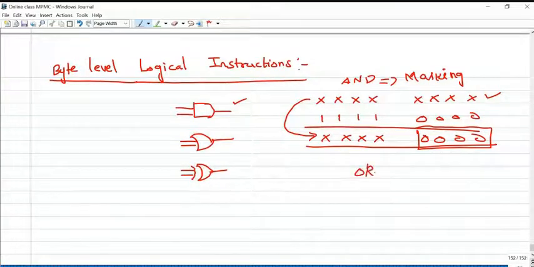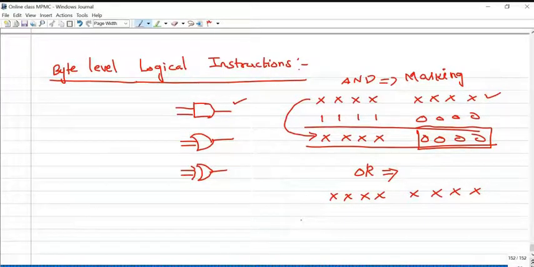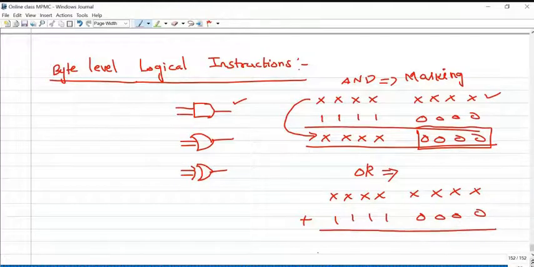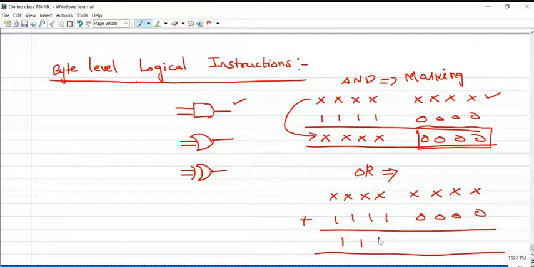Next, where are the OR logics used? For setting particular bits. Let's say this is 8-bit unknown information, and I am doing the OR operation like this. Logical OR: 1 plus any information, either 0 or 1, will be 1.